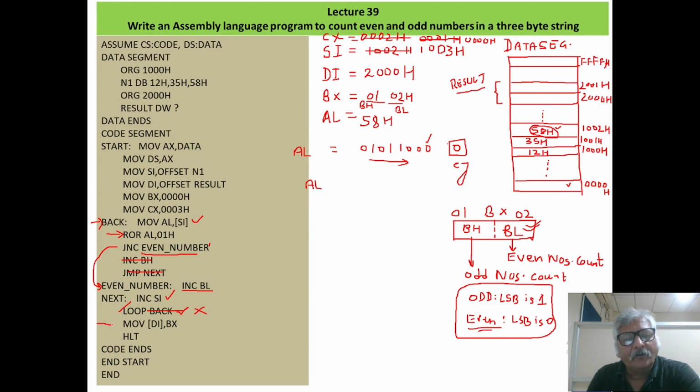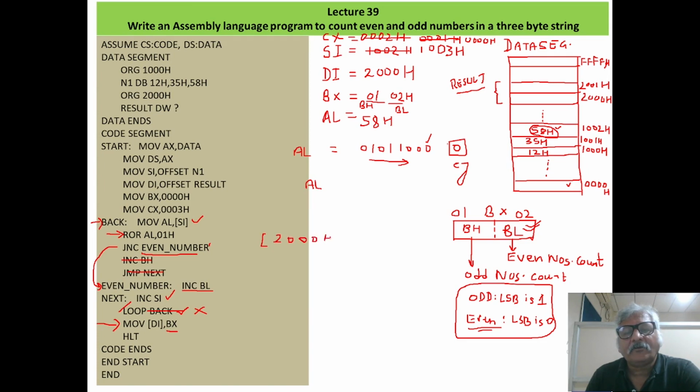We will come out from the loop and this instruction will be executed: MOV [DI], BX, right? So what this instruction will do, it will load the content of BX into the memory whose address is defined by DI. So in DI we have right now 2000H.